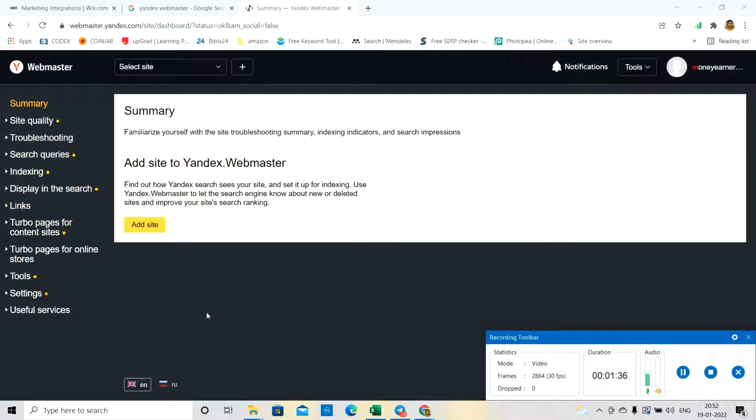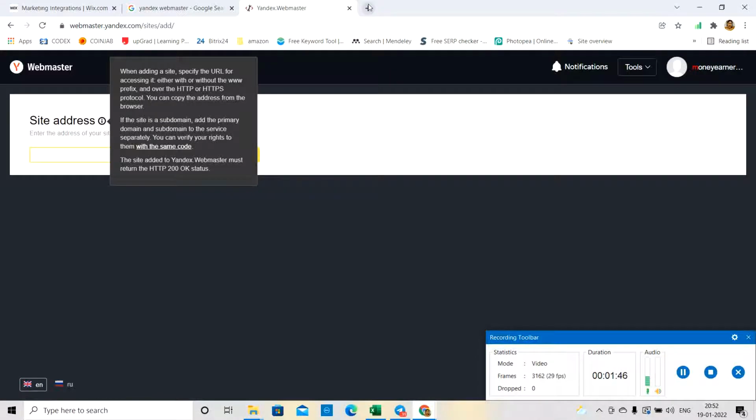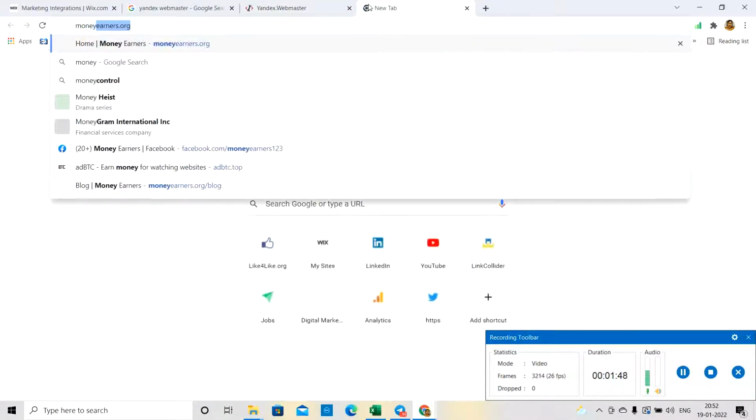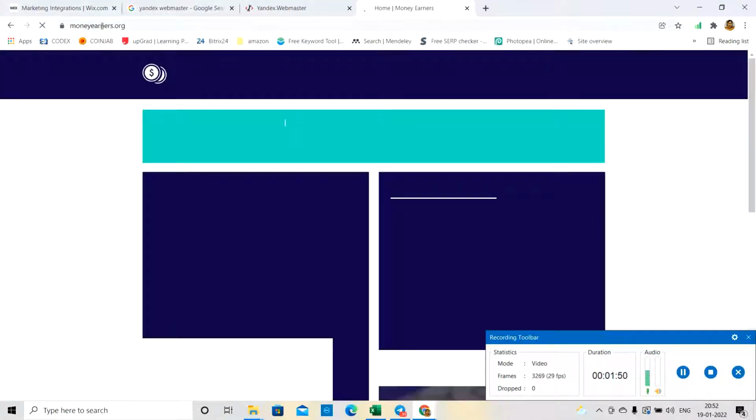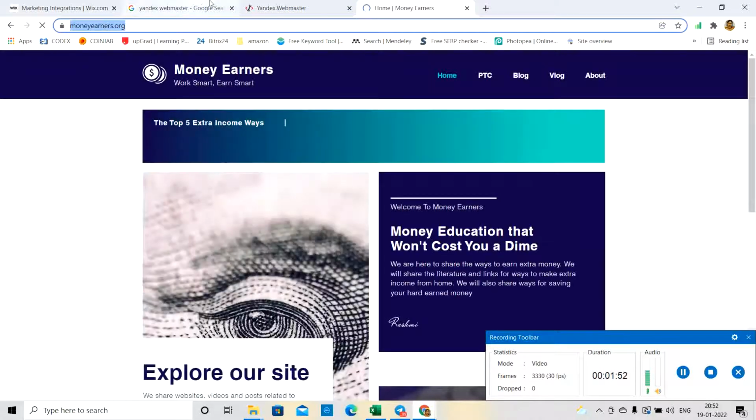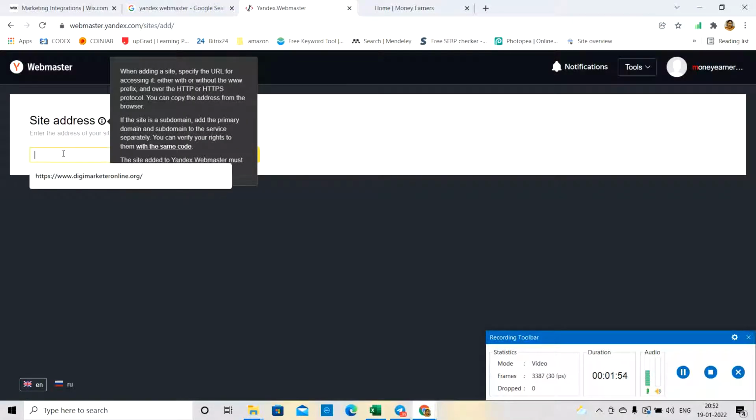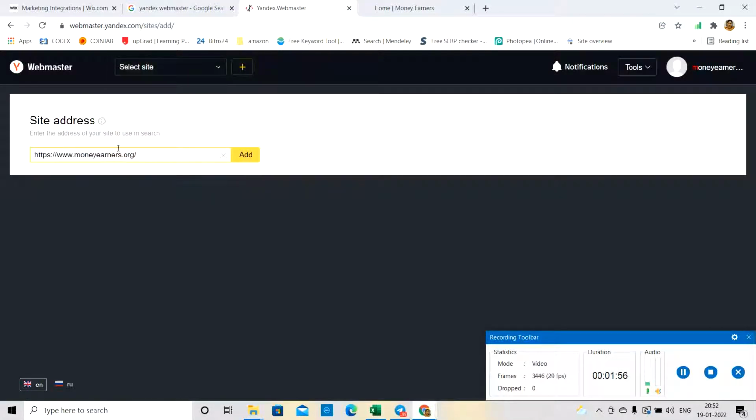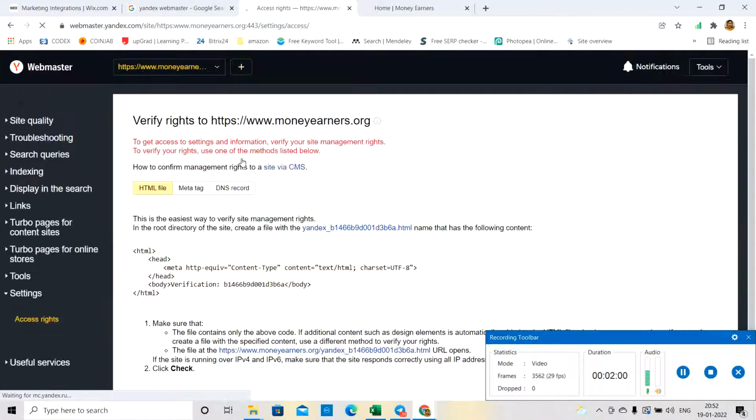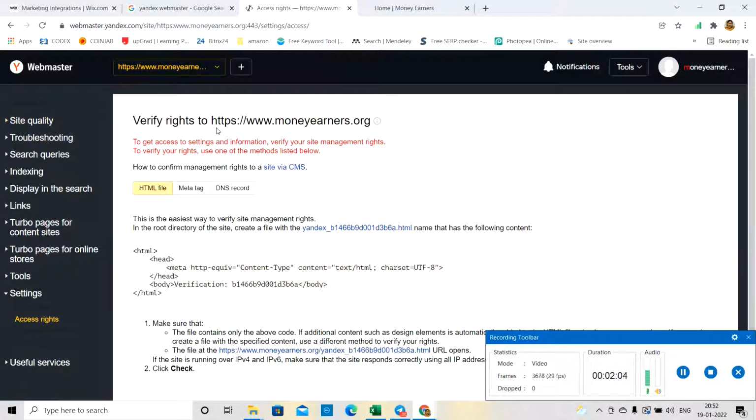When your site is new or Yandex Webmaster is new, you can see that there's no site added. So I will go ahead and add the site which I want to configure. So the site that I am catering to is moneyearners.org. So I will just copy that, go to this and paste it, go to the add. So with this, what I'm doing is I'm trying to tell the search engine that it needs to check for